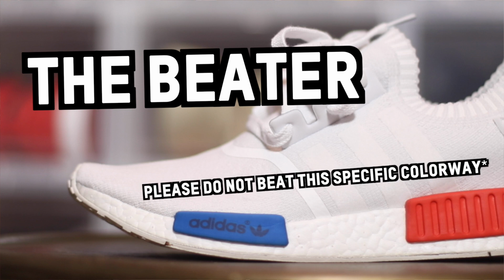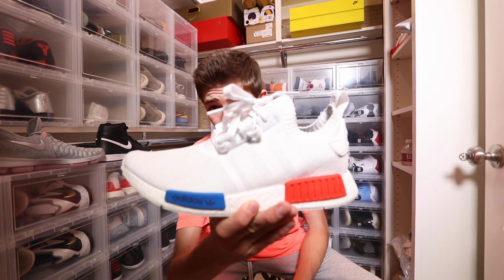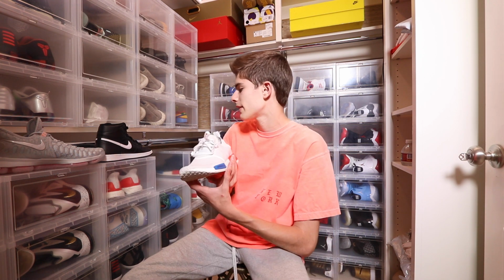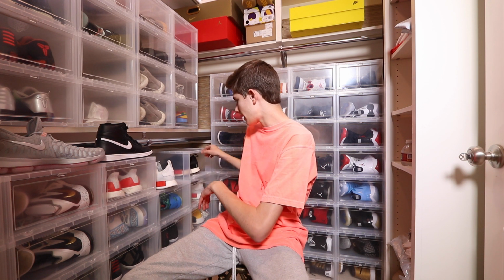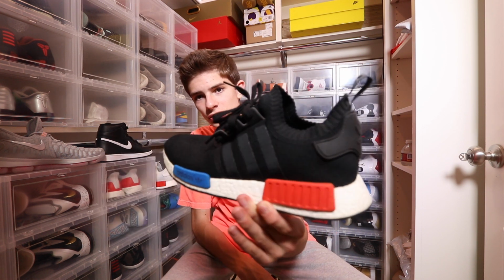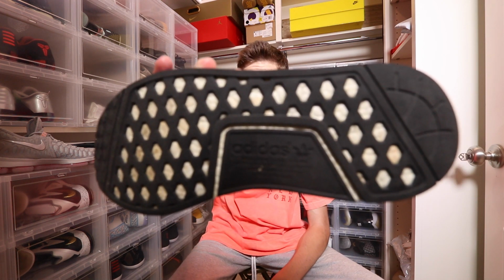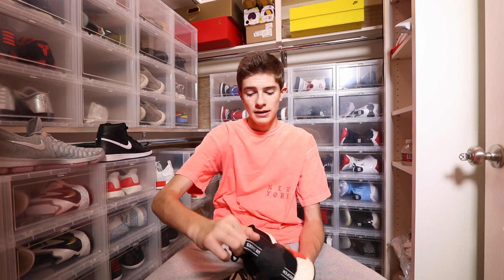Okay, so now we're on to the category called the beater, and I would not particularly beat this colorway because these are very nice in my opinion. But I do have a few NMDs, and if you just check out one, my fingers actually smell from holding it. This is the original Adidas Primeknit Boost NMD. I just said that really weird, but this sole is completely flat,